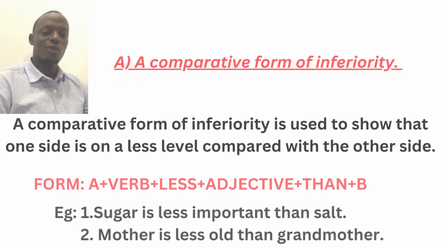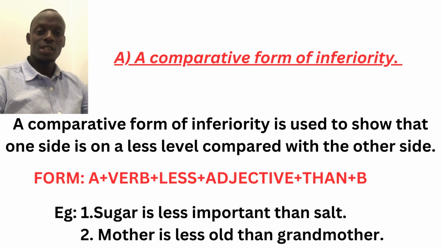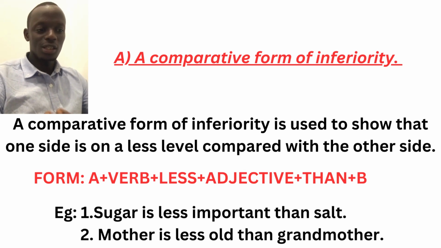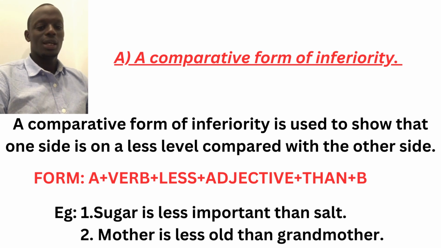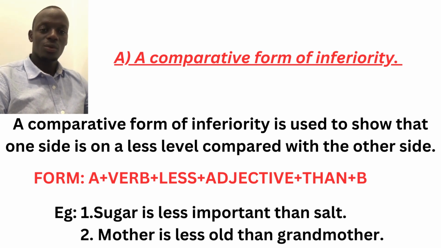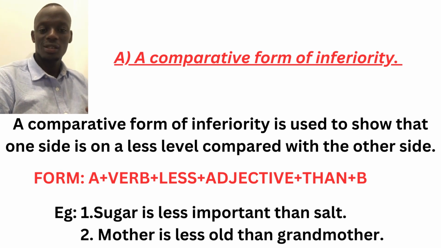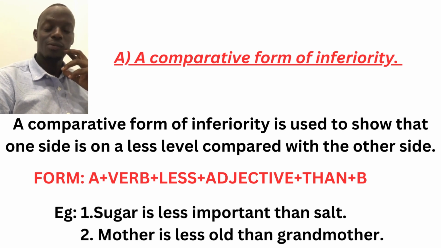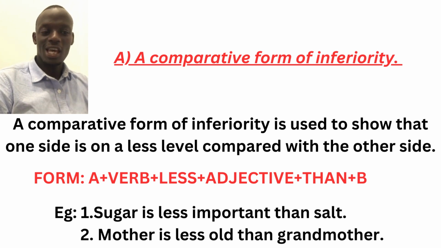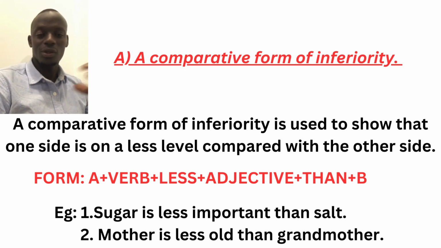A comparative form of inferiority is a form that is used to show that one side is on a less level compared to another side. What does it mean? When we say side, it means one person is on a less level compared to another in different ways. Now, how do we form this comparative of inferiority? If we are trying to compare someone A with someone B, or something A with something B,